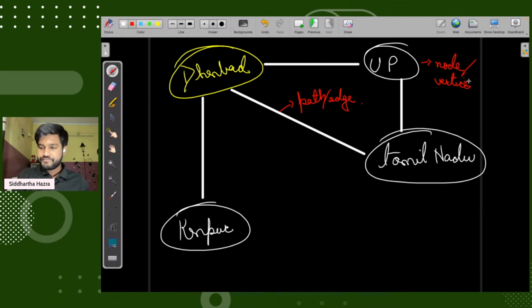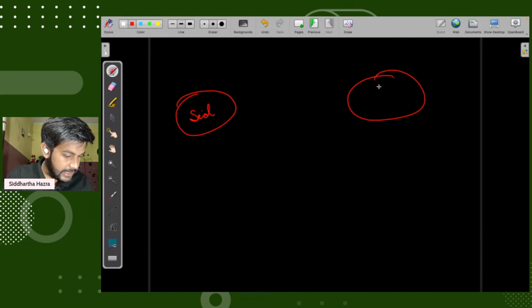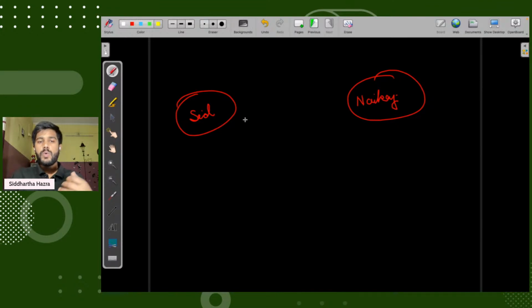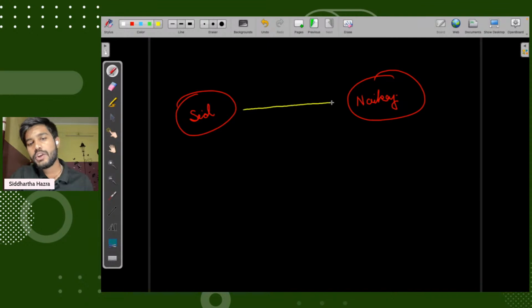Suppose this is my house, and adjacent to me is Nakaj's house. Suppose this is a one-way road. I can go from my house to Nakaj's house, but there is no road to come back.